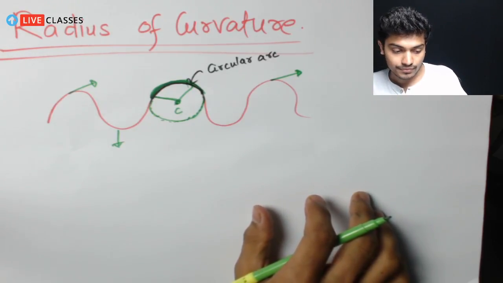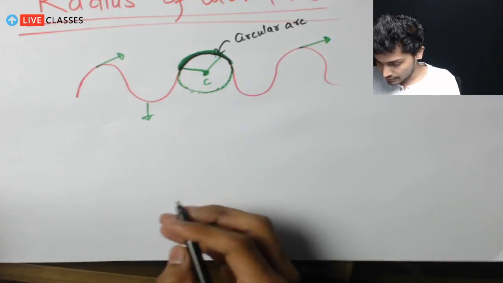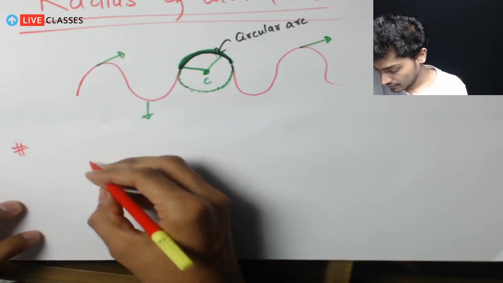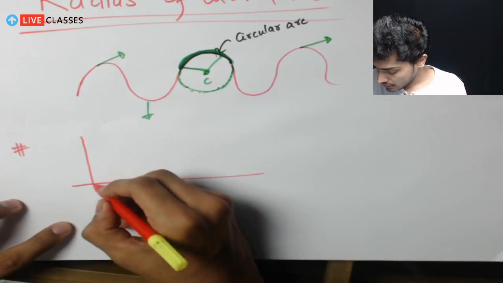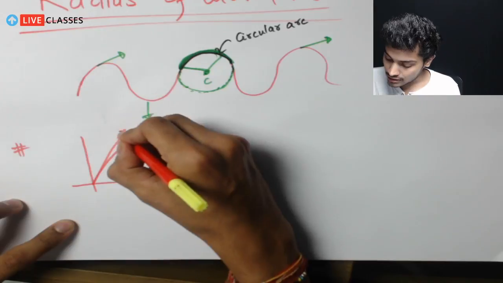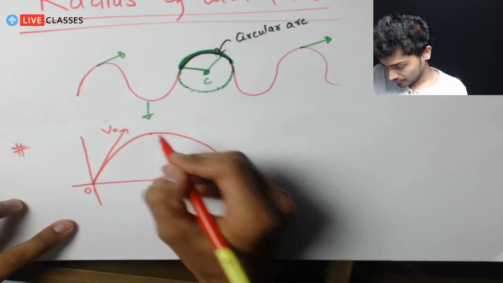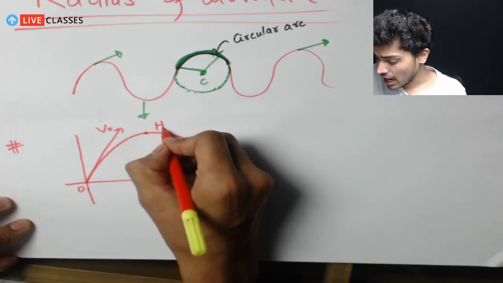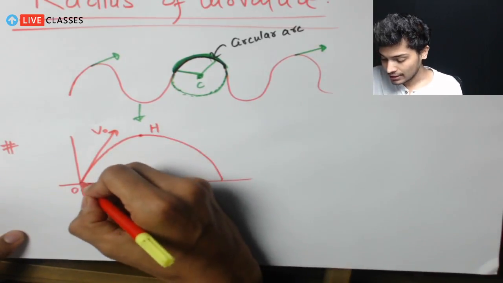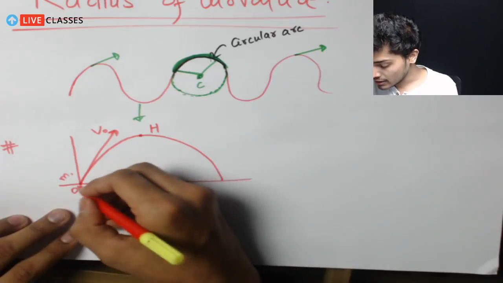So we will cover this segment with one very important question. Suppose a projectile is projected with this velocity v0 at t equal to t0 from this point, right? And suppose h is our highest point. In this, a mass of the particle, let's say mass is m, is given to us, and now we have to find the